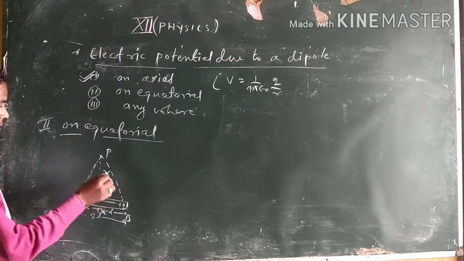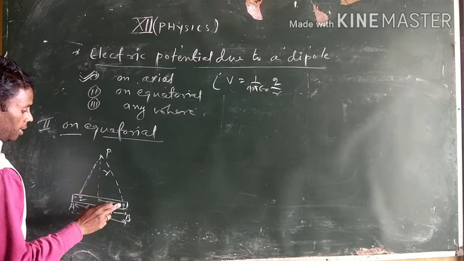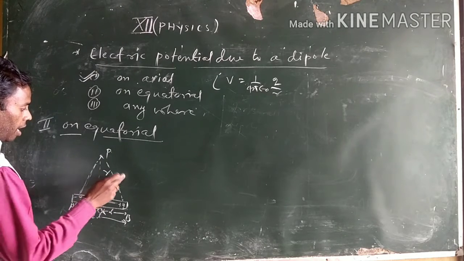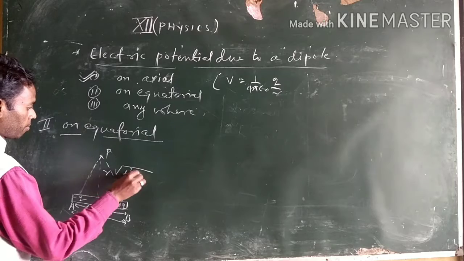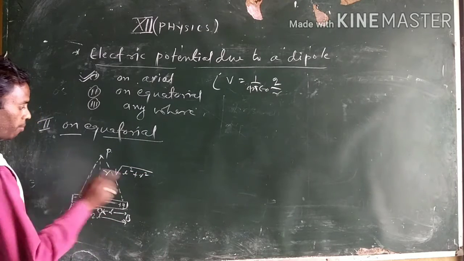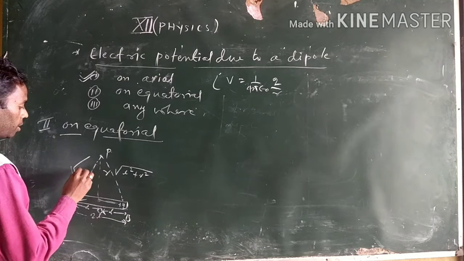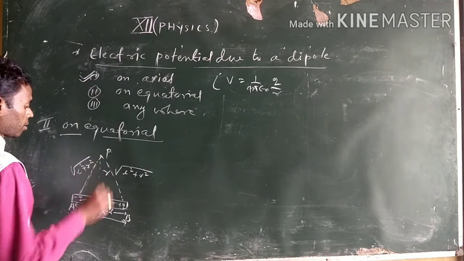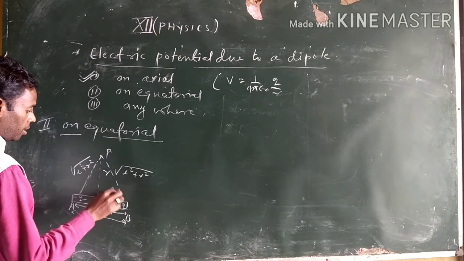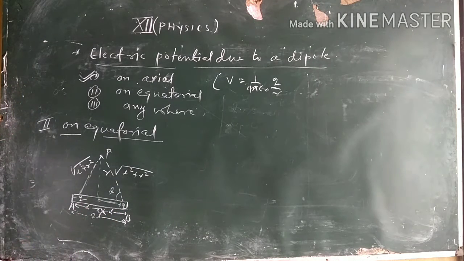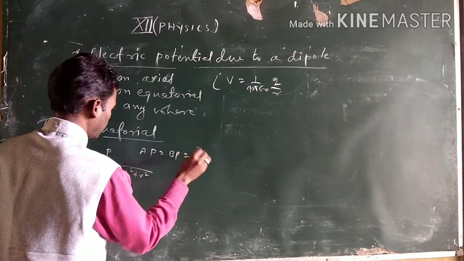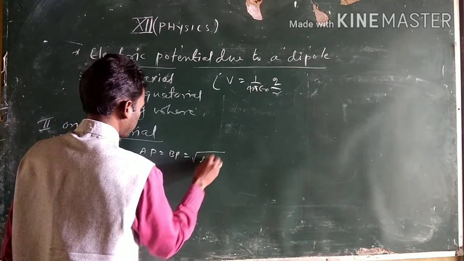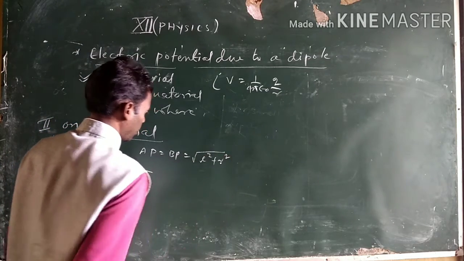Our distance PB is equal to, there is base, this is perpendicular, then hypotenuse, that means for this distance will be L square plus R square. Hypotenuse, this is the same, that means L square plus R square. Suppose the angle between this one is theta, right? Here also theta. Then the hypotenuse, that means here AP is equal to BP, this one equal to root over L square plus R square, right?